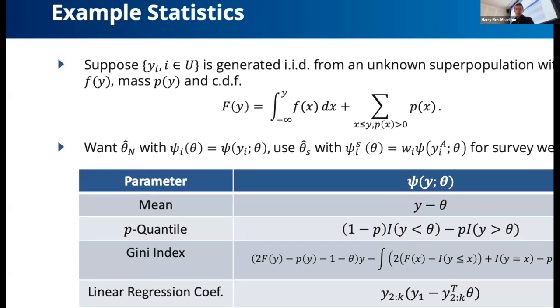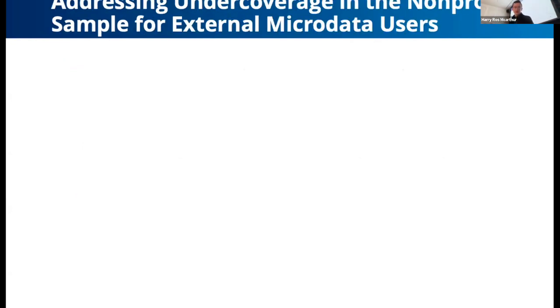So for means, quantiles, Gini indices, linear regression coefficients, and maximum likelihood estimators, you can see on the right there, you can take those formulas and substitute them into the appropriate places on the previous slide, and out will come a formula that you can use to compute your standard errors, or to compute a variance that you will then optimize to produce a sampling design, and therefore an efficient, affordable, cheaper survey to get you statistics with lower standard errors.